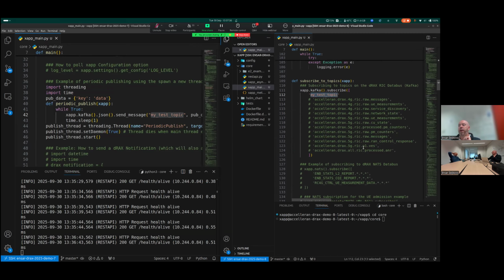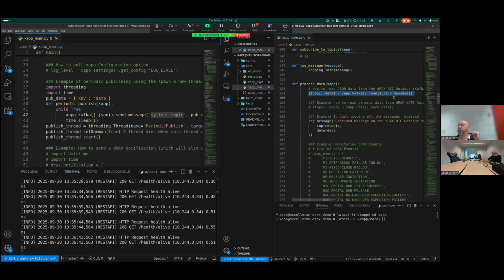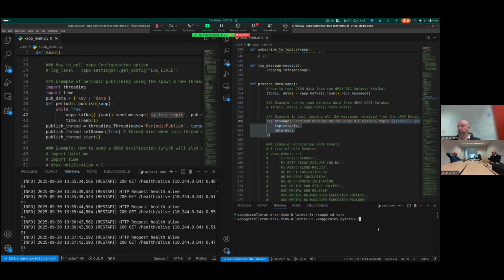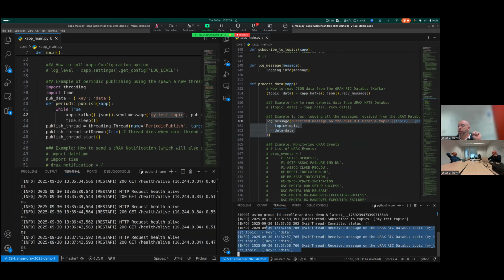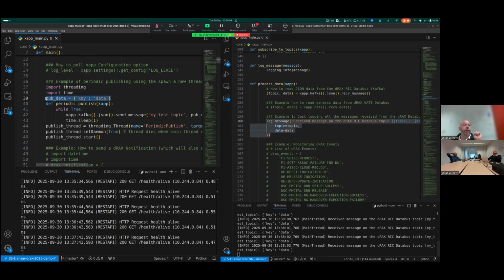So we've subscribed to this topic, and basically the rest is the same, right? It will, again, connect to that data bus. It will subscribe to specifically that, and it will log the messages that are coming from that specific topic. So let's run that. I'll just collapse this so it's a little bit bigger. Python 3, xApp main. And as you can see here, we are starting to receive that dummy data that we've defined over here in the left xApp. We're receiving it on a 1 second basis in the second xApp, right?